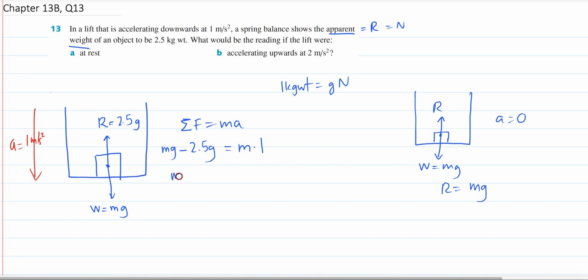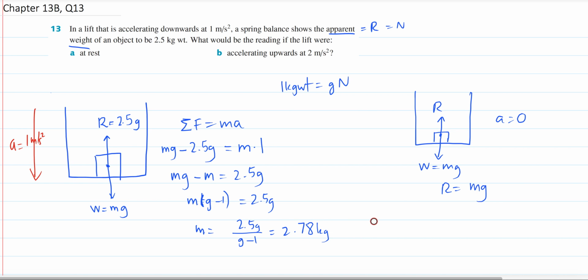So mg, we move the m over to the left side and we move the 2.5g over to the other side, and then just factorize it. We get m multiplied by (g minus 1) equals 2.5g. Guys, you're just solving for mass. That is 2.5g divided by (g minus 1). Put it inside your calculator and your answer should be